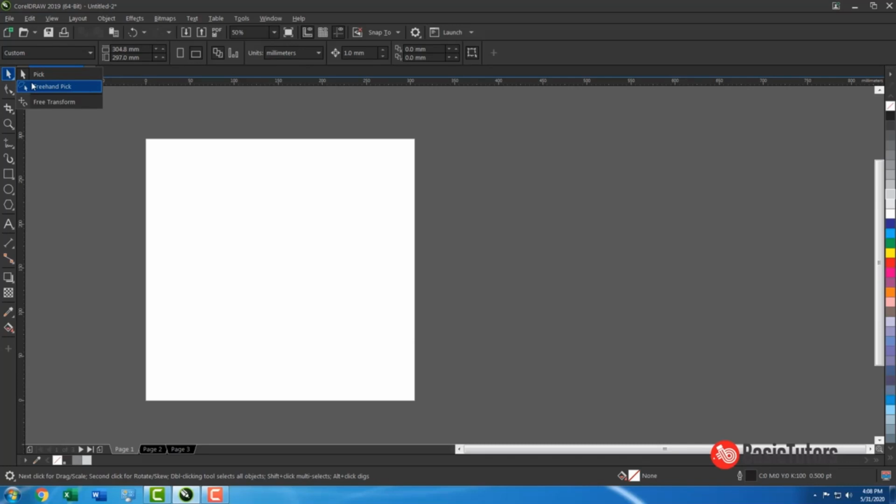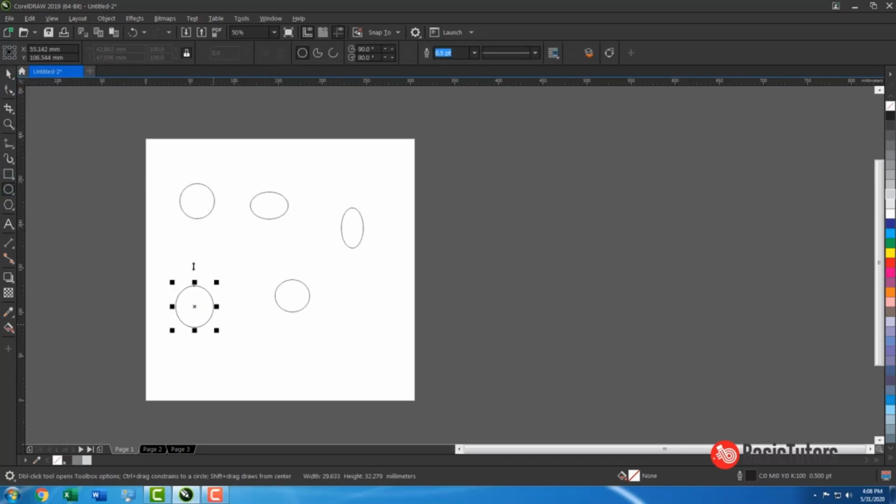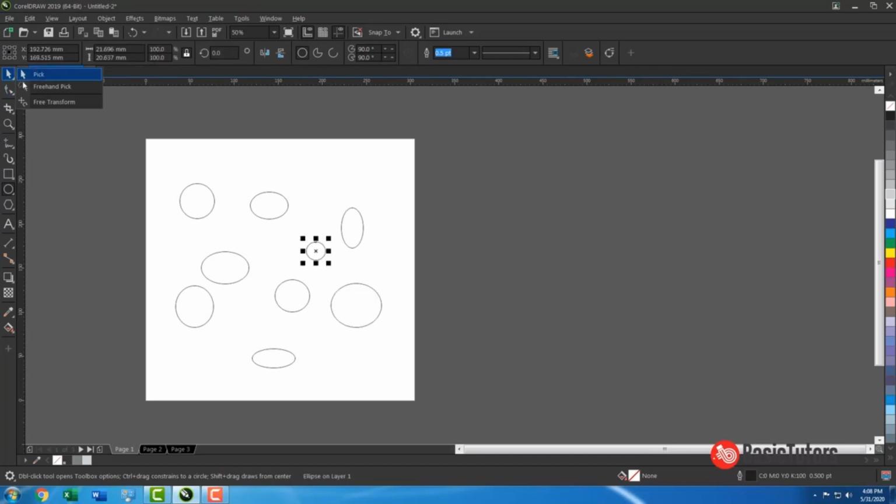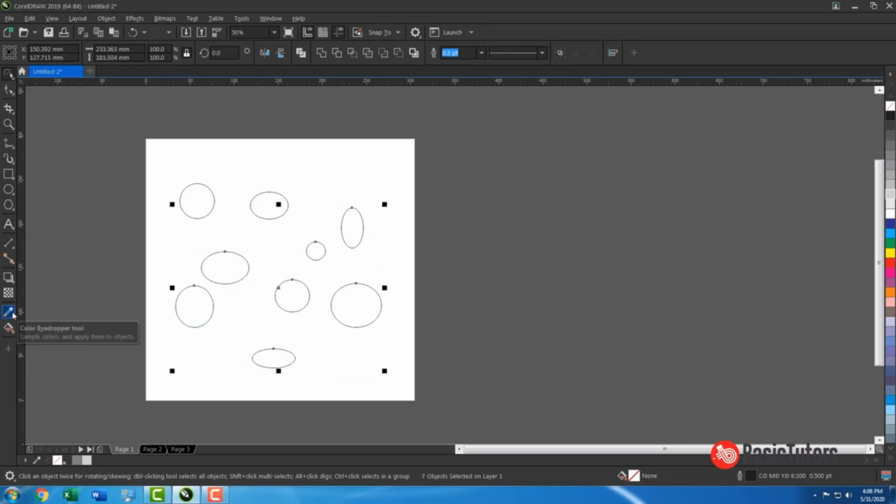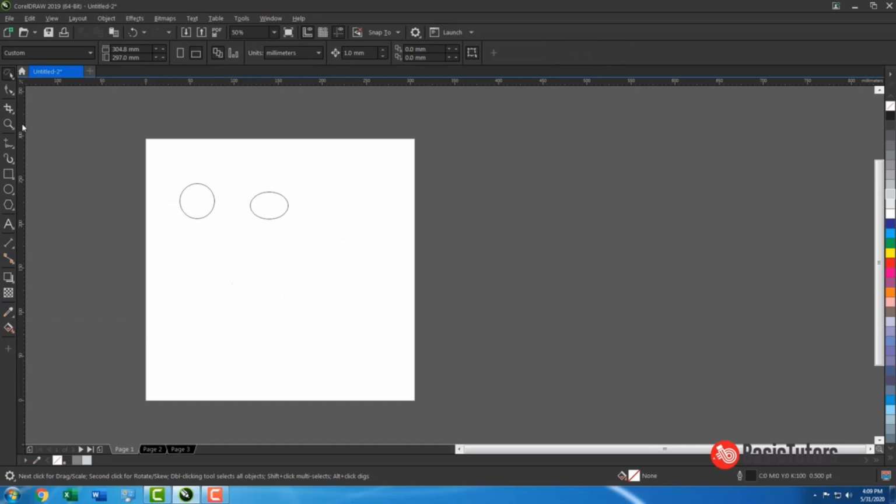And then the freehand pick tool is there. For example, if we have a lot of objects and you select with the freehand tool, you can easily select in this mode. Okay, this is for the freehand selection tool. And next one is like